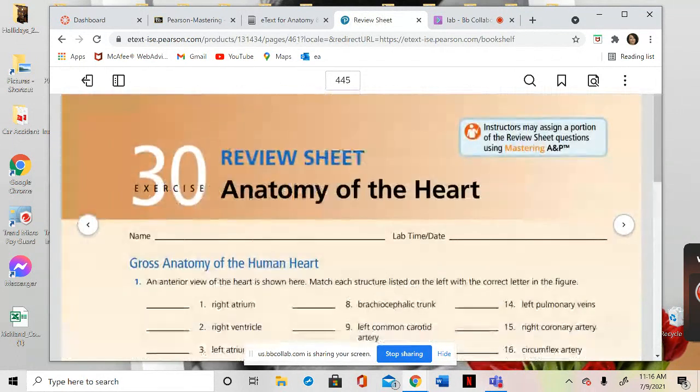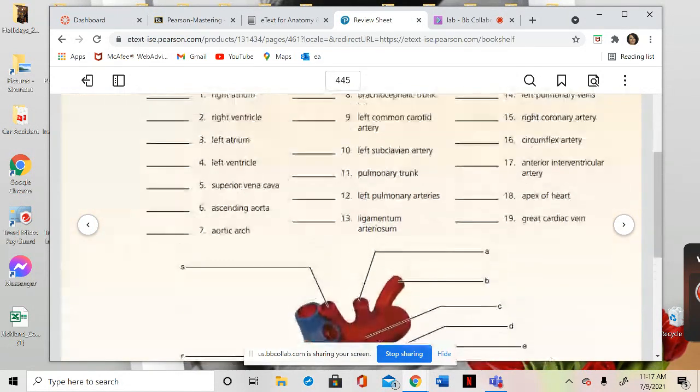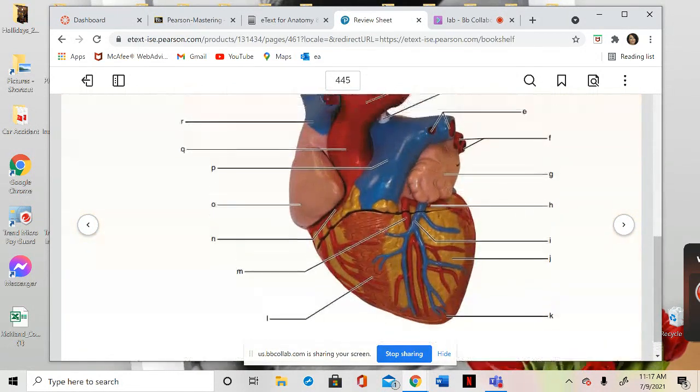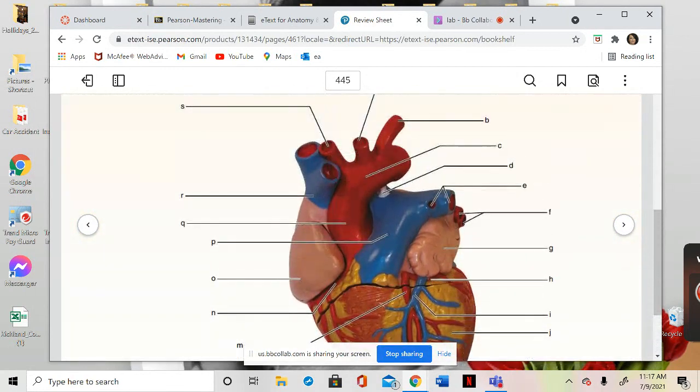So let's see those review sheet questions, and remember, the lab practical is not only this. This is just a review. I always say you really need to read the lab. That doesn't mean that the practical will have only what this review sheet covers. It may have a lot of histology that is also related. The gross anatomy of the heart, I'm not going to answer those questions. You have to get familiar with it, okay? This is just